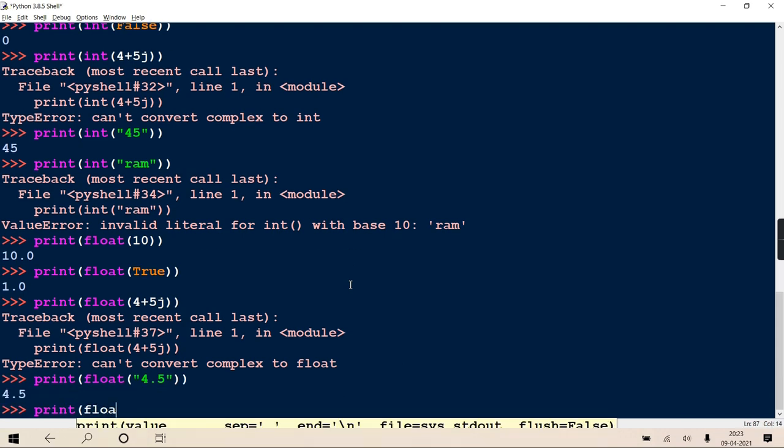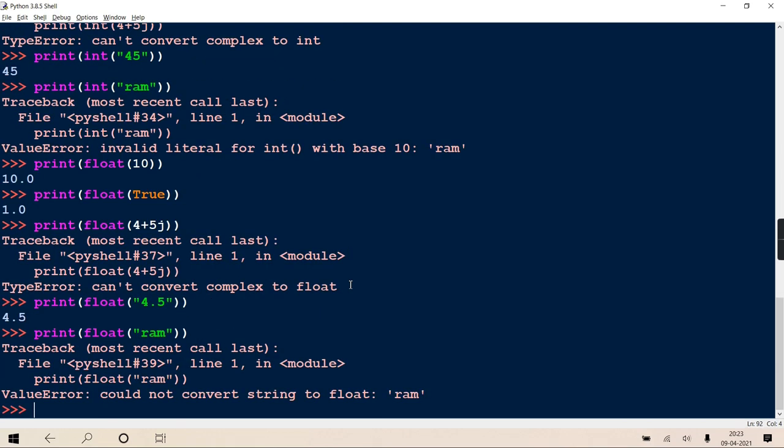But a string "RAM" you are converting to float is not valid, and it will not give a type error, it will give you a value error: cannot convert string to float. Because it does not contain a legal floating value. Similar concepts are there in other languages.